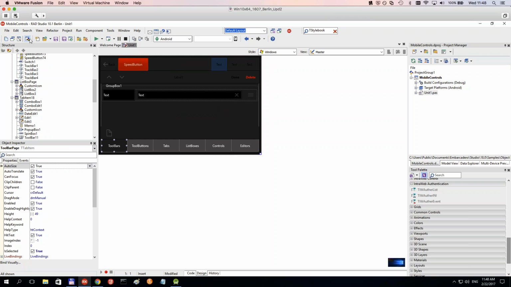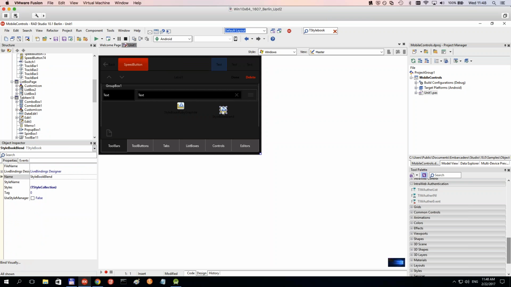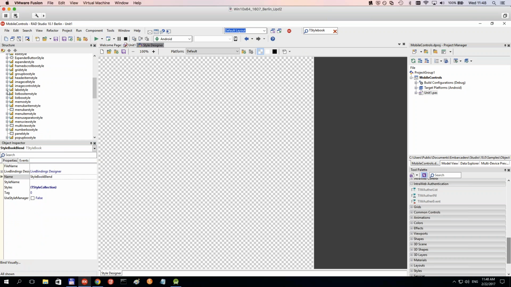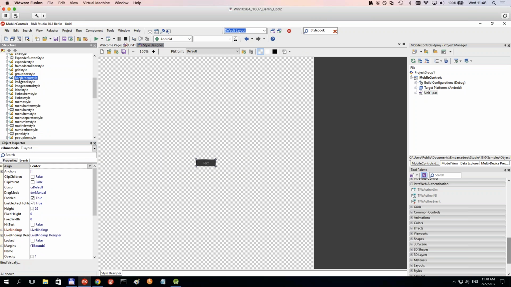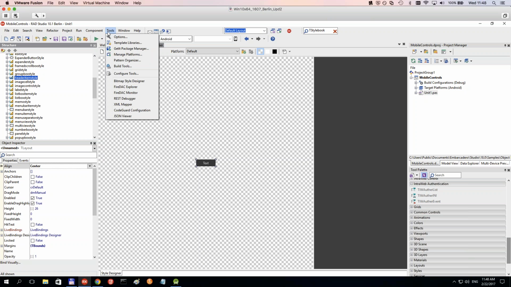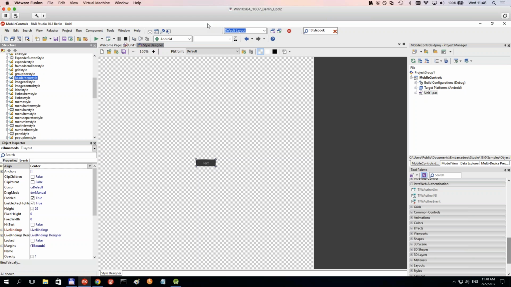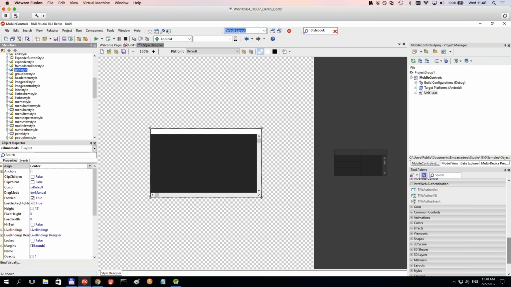And one extra level is that you are not restricted to the styles that come with FireMonkey. You can use this form designer or a standalone form designer in the Tools menu. No, I think it's not here, but you can change this and you can modify those components very much,